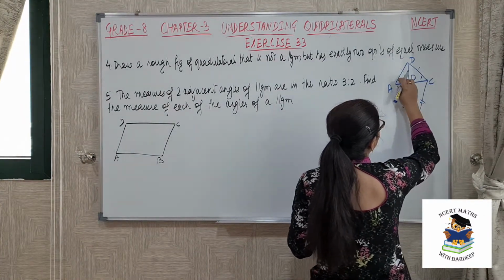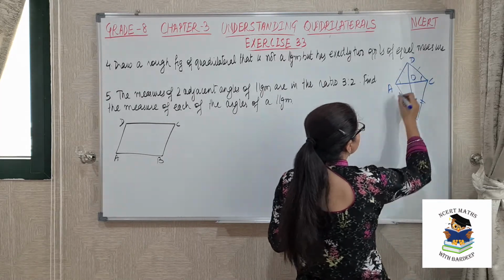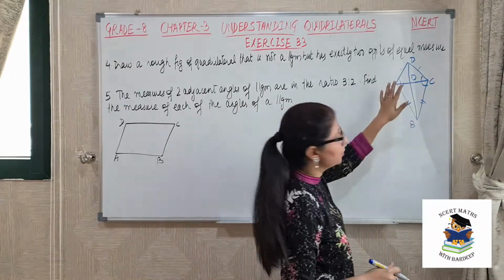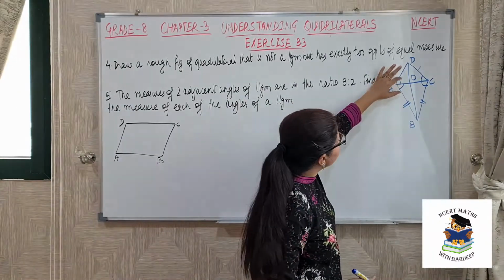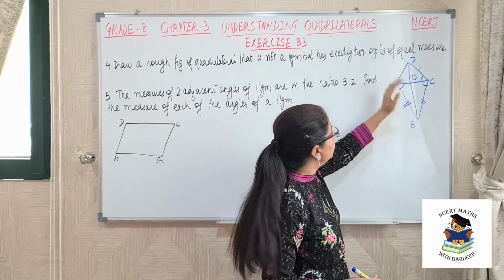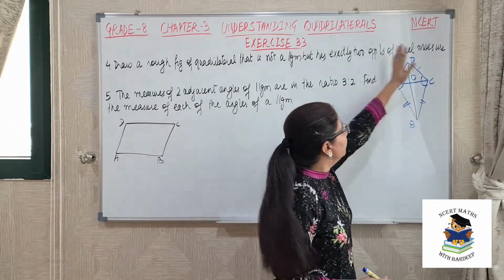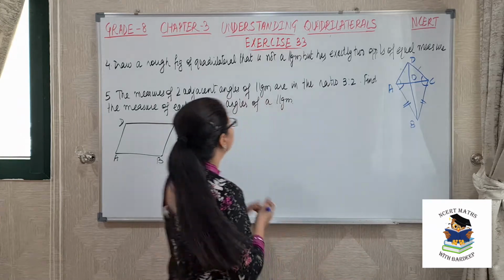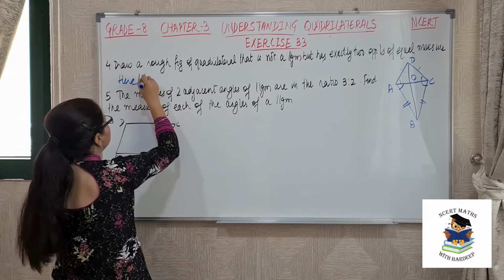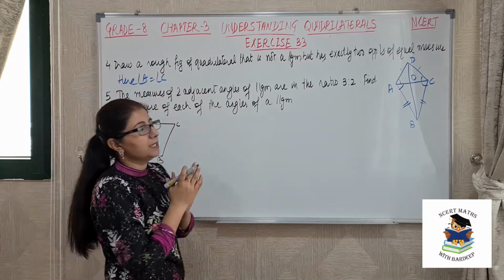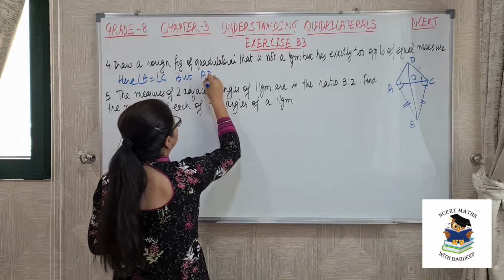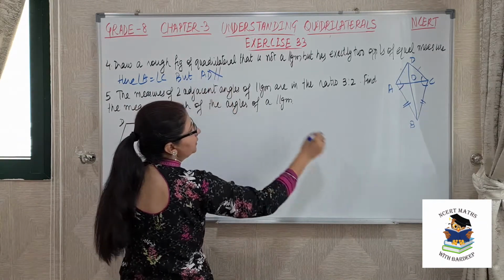So this angle will be equal to this angle because this is an isosceles triangle. This angle is also equal to this angle because this is also an isosceles triangle. When we add these two angles, we get A. When we add these two angles, this is angle C. So angle A is equal to angle C, but this is not a parallelogram. So we can say here angle A is equal to C, meaning opposite angles are equal, but this is not a parallelogram. But AD is not parallel to which side? BC.